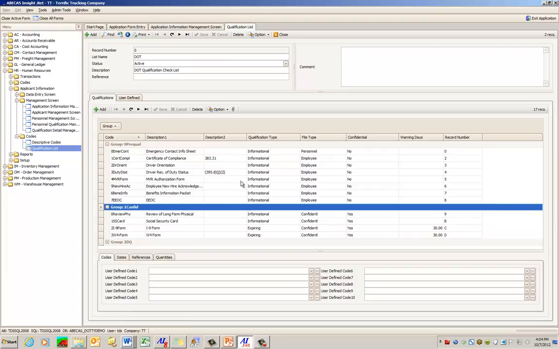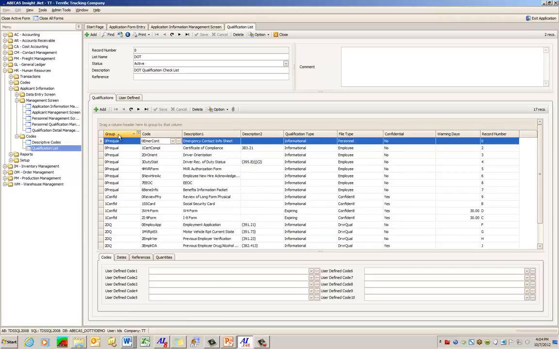We start out by giving the list a name and a description. From there, we save the record and we start creating details. Each of these details has a group associated with it. Within that group, you can give it a code, the qualification code, and then a description 1 and description